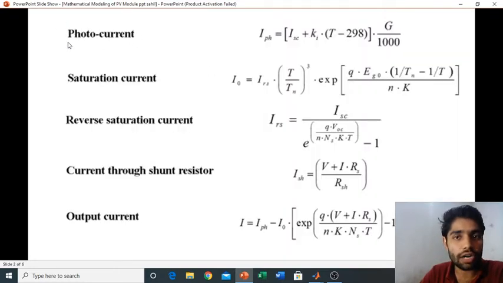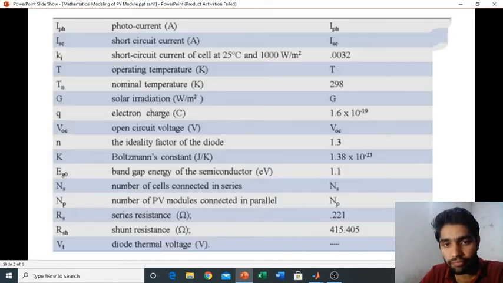These are the photocurrent equations, and the photocurrent mainly depends upon G, that is the solar irradiation, and this is the saturation current, and there is some kind of complex equation, and this is the reverse saturation current, current through the shunt resistor, and this is the output current. Okay, I will tell you some values that we have taken as constants or some